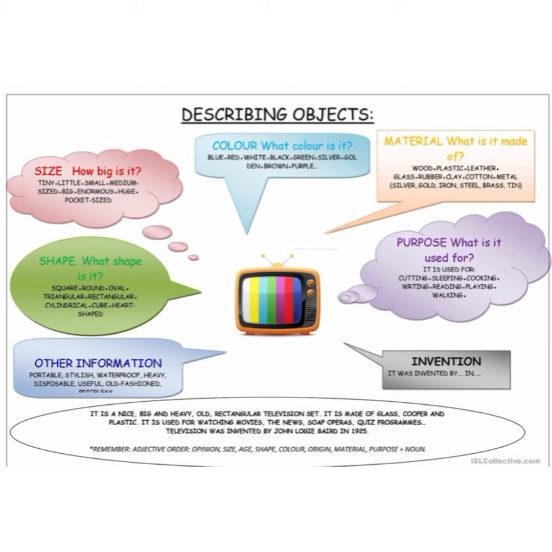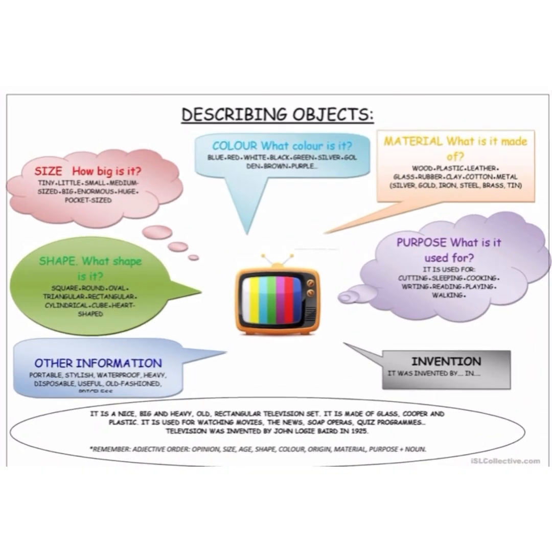Let's focus on describing objects because in the next activities we have to describe a magical object. Vamos a enfocarnos en la descripción de objetos, porque en las próximas actividades vamos a tener que describir un objeto mágico. We can describe an object using its color. Podemos describir a un objeto utilizando su color. It could be red, blue, white, black, for example. Puede ser rojo, blanco, negro, por ejemplo.